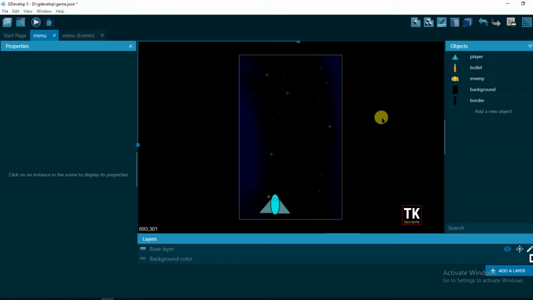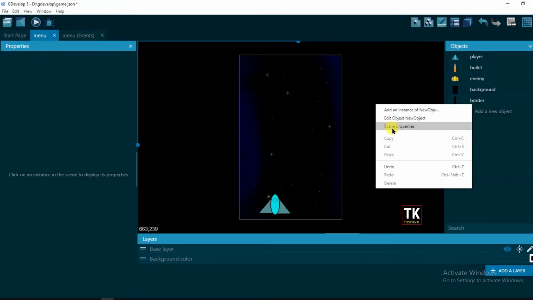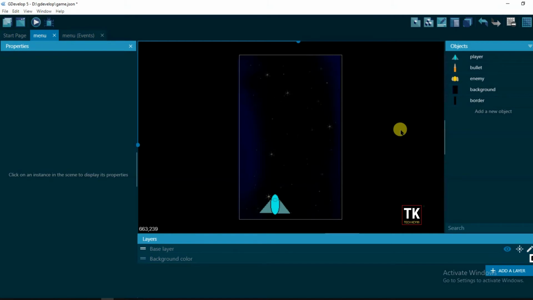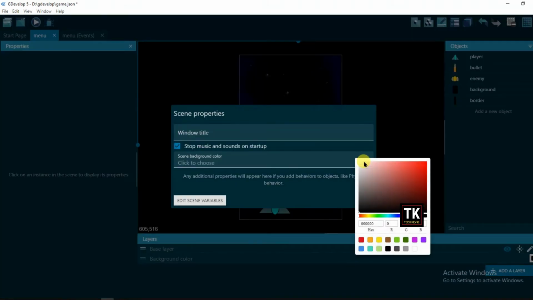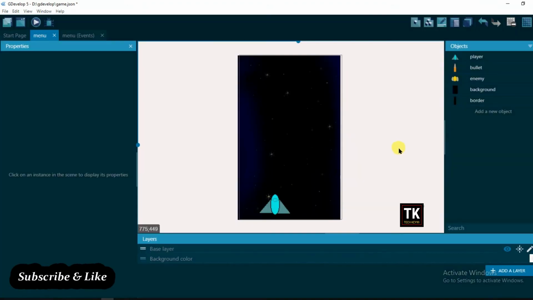Now change its background color. Right click and click on scene properties and click on this color and select any color. Click on OK. Now drag this border